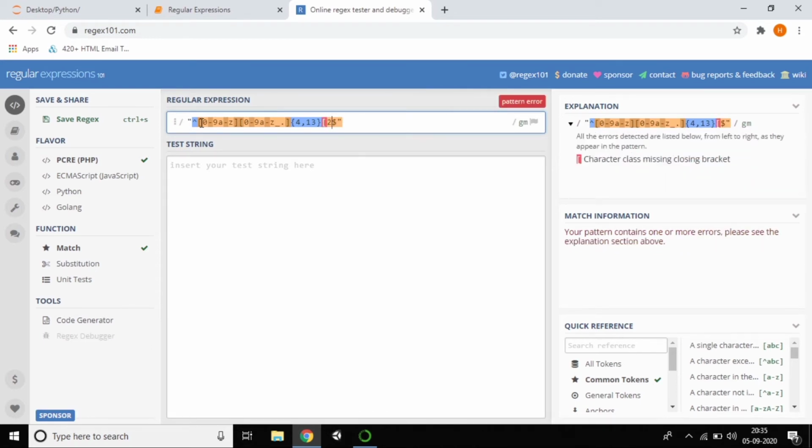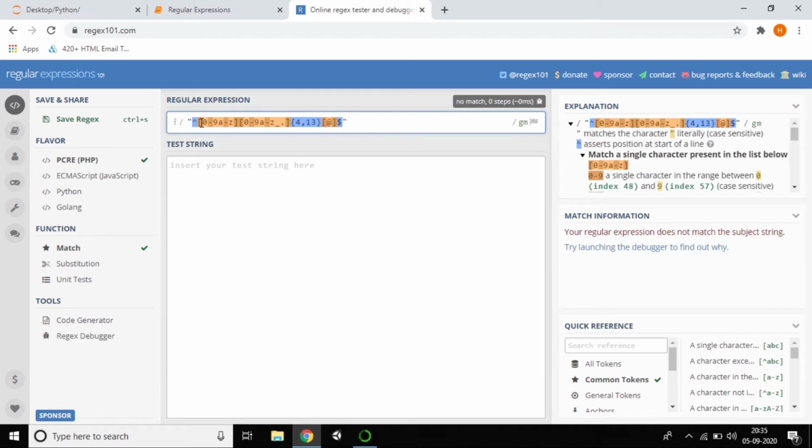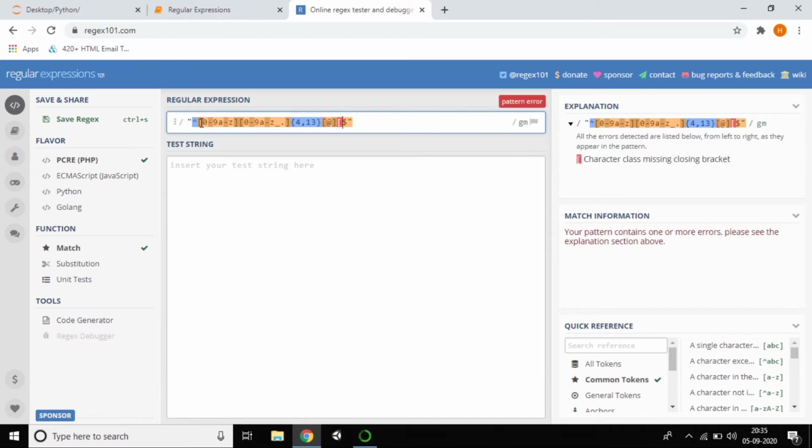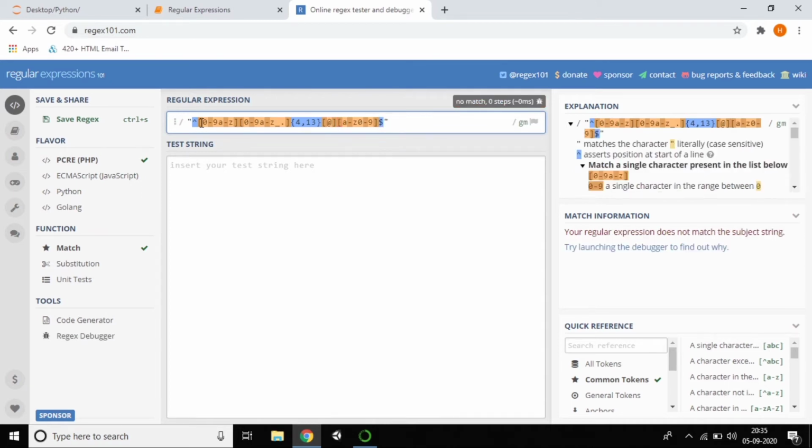And again I'm validating the at the rate. Generally we'll have the at the rate for every email ID. So I'm using at the rate. Again after at the rate, gmail.com, suppose I have outlook.com, hotmail.com, we want to validate those mails also. So for that I'm giving A to Z or 0 to 9. Okay, just close this one. Generally gmail.com or outlook.com, whatever it may be, initially it should be at least 3 to 18 characters.